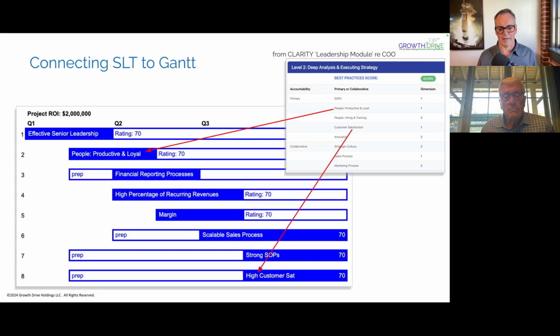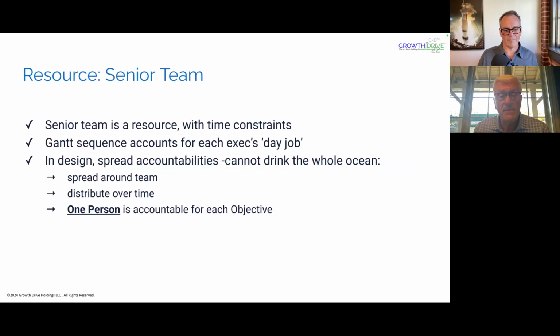We need to understand that up front. Ed, any thoughts? I think that's the biggest thing there, is that single accountability. Someone's going to have to manage each one of these functions and make sure that it's getting done. And I think that's the key, is that your senior leadership has got to be on top of the management